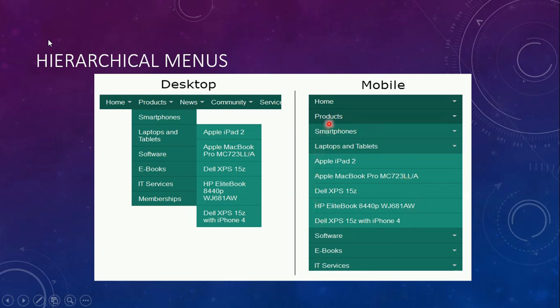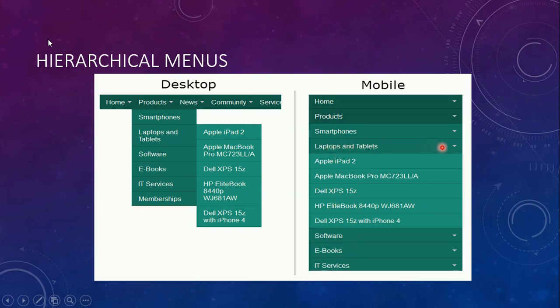Similarly, you can see how the hierarchical menus are displayed in mobiles. Again the same kind of options you have: home, products, smartphones, laptops and tablets, and again software, ebooks, IT services.